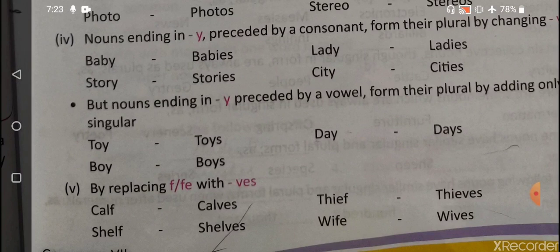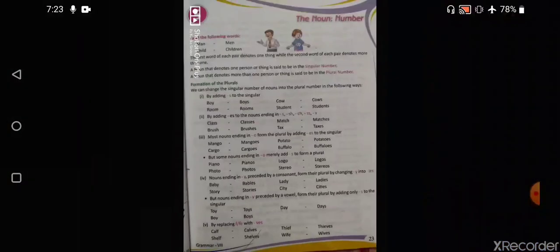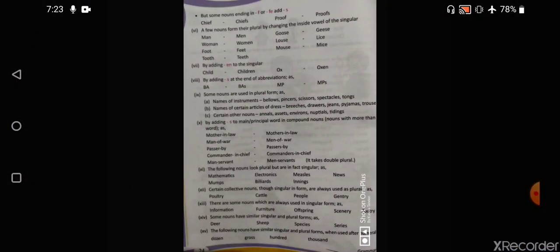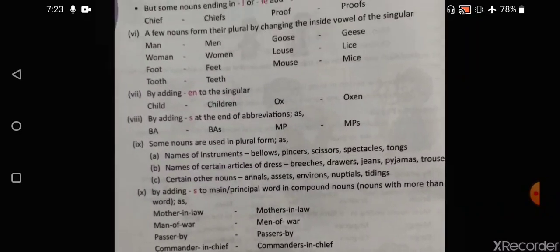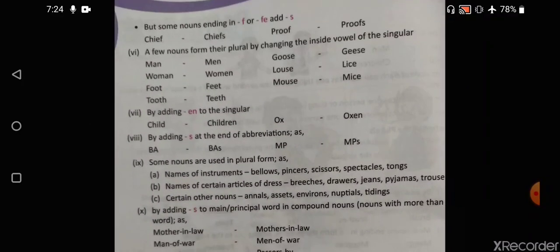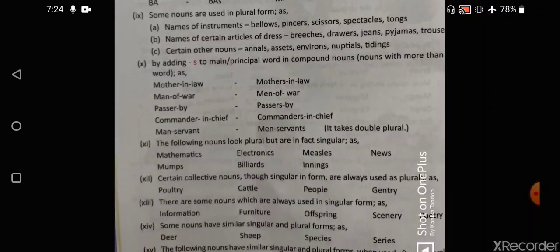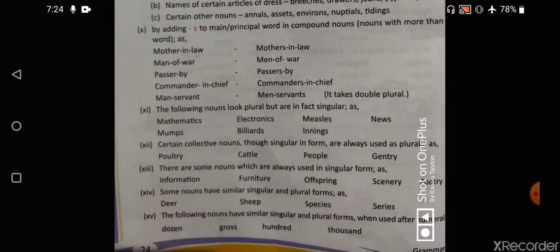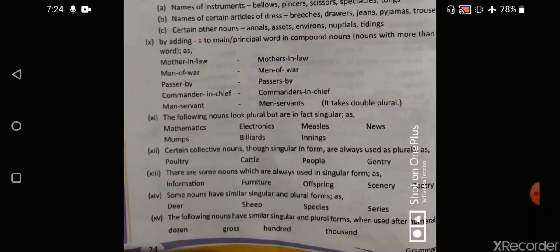And you are studying this from class 2nd onwards. So I hope that you already know the rules and you know how to change them. So I would request you to read all of them very thoroughly, and then ask if you have any kind of problem. So we'll directly come to the